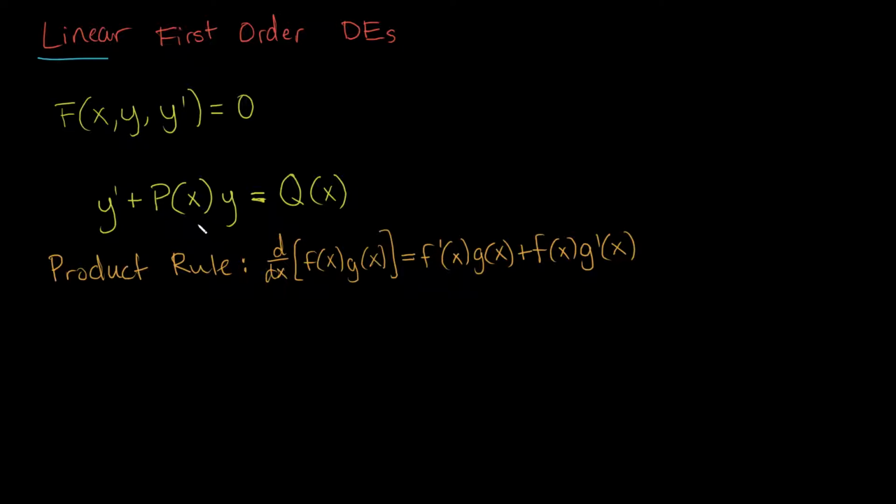And it looks eerily similar to the left side of this equation, because what we're seeing is here we have a y prime and a y. So it's almost like what we have is a product rule where f of x is y, so we're having the derivative of y, and then not the derivative of y. And in that case, then p of x would have to be g prime of x, and this 1 would have to be g of x. Now that obviously won't work, but the observation that it could almost be the product rule